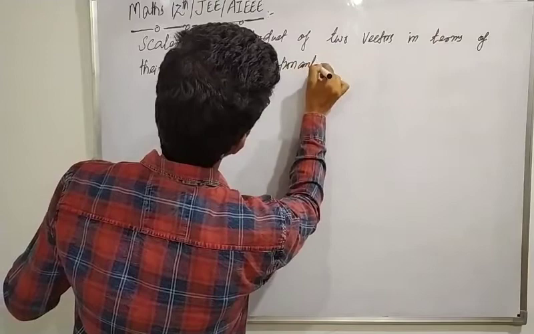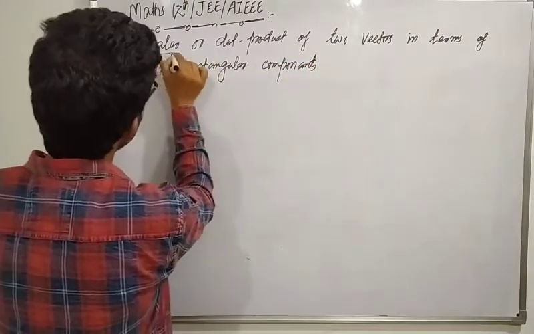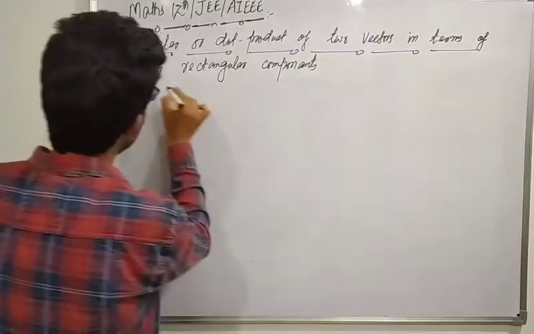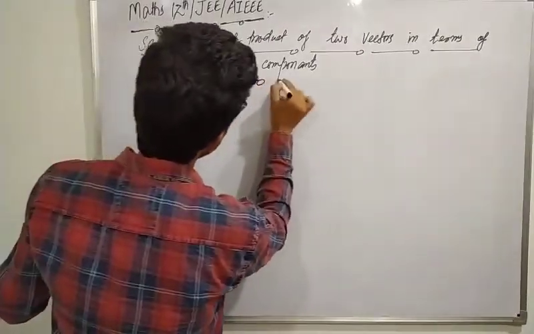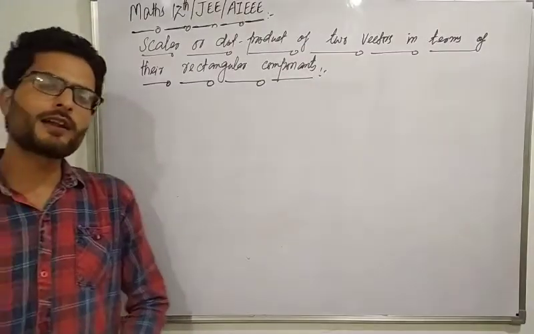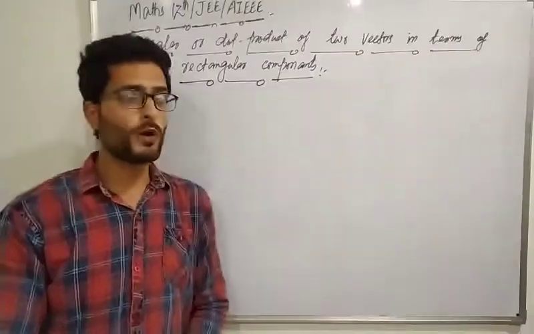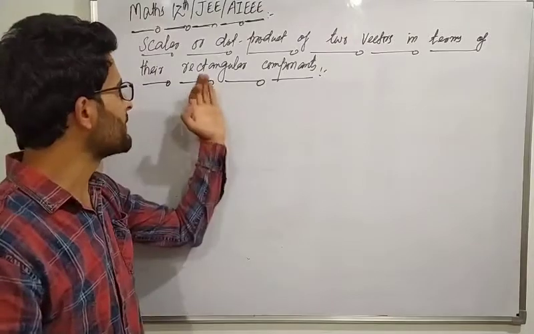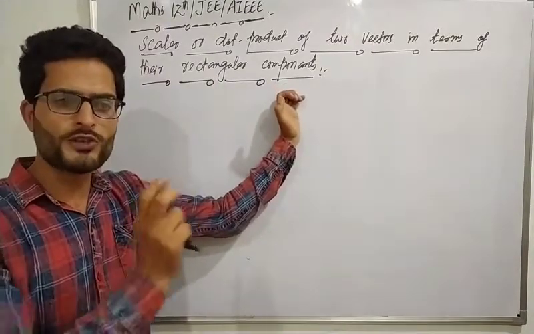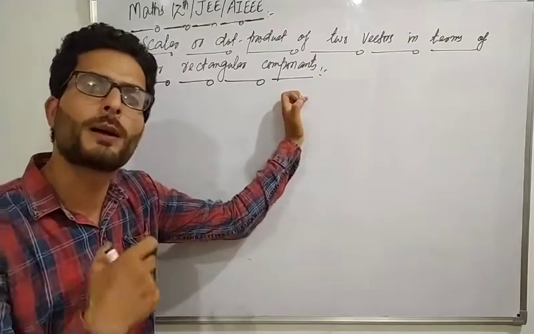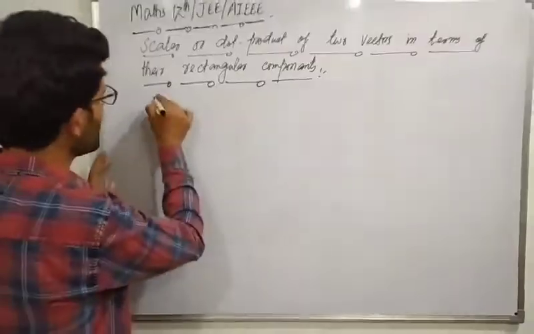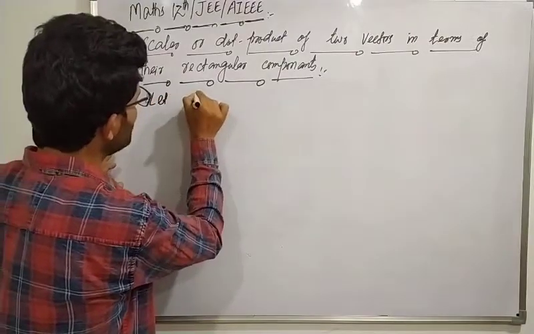अगर वेक्टर्स रिजॉल्व किए गए हैं स्पेस में या प्लेन में तो तब उनके वो कंपोनेंट्स जो होते हैं अगर वो रिप्रेजेंट किए गए हैं उनमें, तब उनका स्केलर या डॉट प्रोडक्ट क्या होता है। तो उन्हीं कंपोनेंट्स का दूसरा नाम हम रेक्टेंगुलर कंपोनेंट्स भी कहते हैं। तो इन दो वेक्टर्स जो रिजॉल्व किए गए हैं अपने रेक्टेंगुलर कंपोनेंट्स में, इनका डॉट प्रोडक्ट किसके बराबर होता है। So here we will let